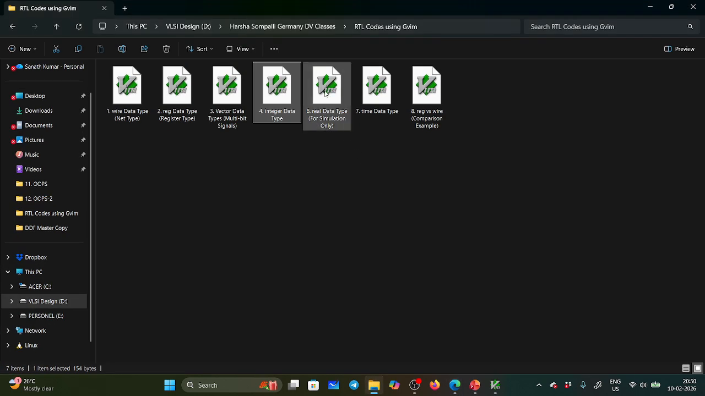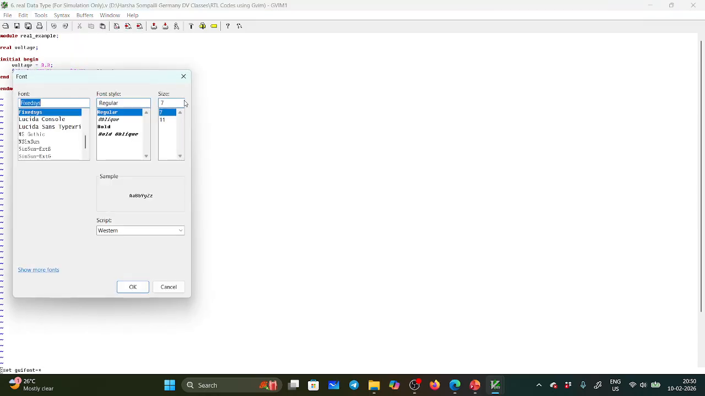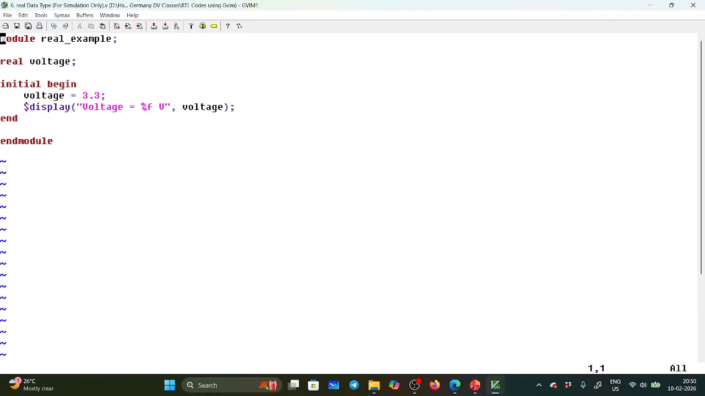Okay. Next is real data type. This is one code for real data type. So here, if you see, module real example, real voltage, initial begin, voltage equal to 3.3, $display the voltage is percent. You need to use a format specifier. This is float data type, no? Float data type means percentage of